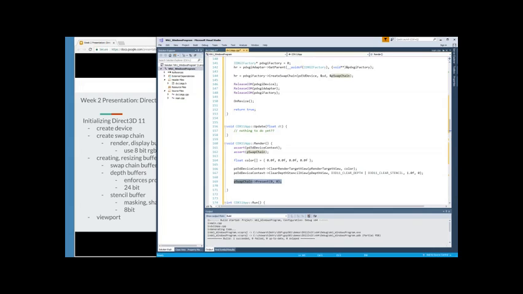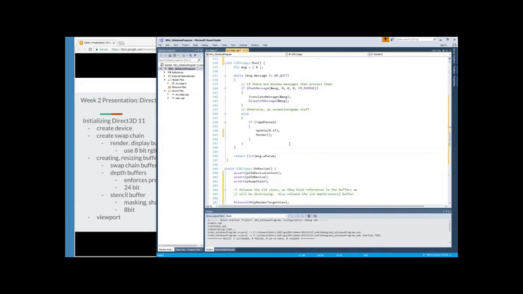And I believe the last thing that we need to do is clean up these pointers that we've created when our program shuts down. So a lot of these interfaces that we've used, like the device and the device context and the swap chain, these are object interfaces that are allocated and take up resources, and it's important to deallocate them when we no